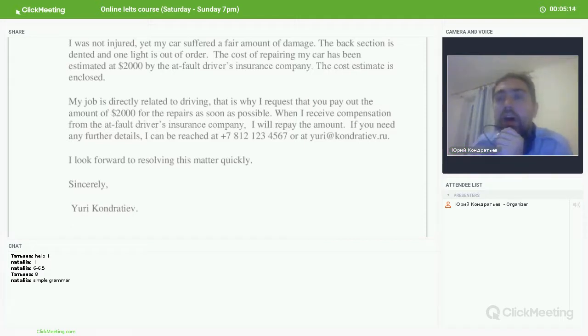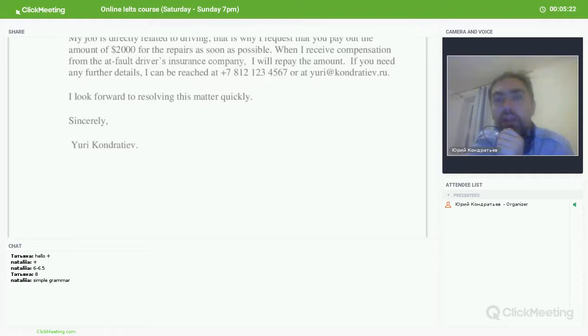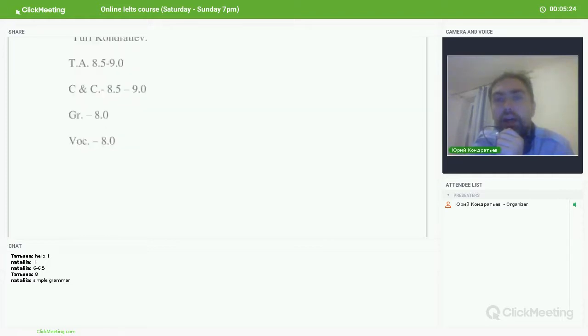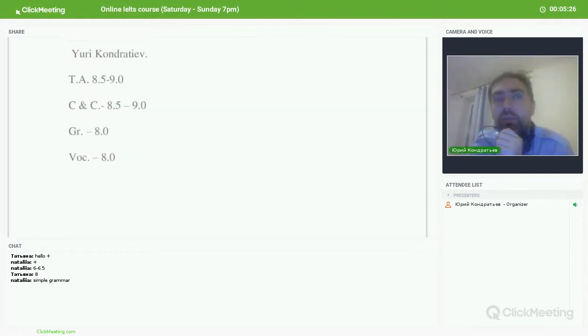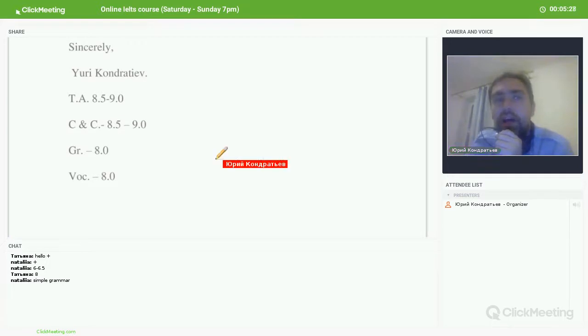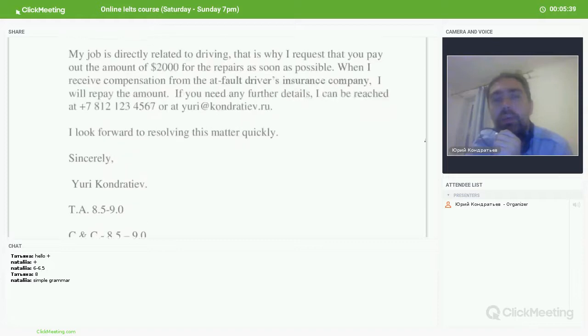Simple grammar. Okay, but grammar, it's only one of the criteria. Let's look at it closer. So real estimate would be like this. Task achievement, it's close to 9 because I would say it's 8.5, not 9. Because here we might,